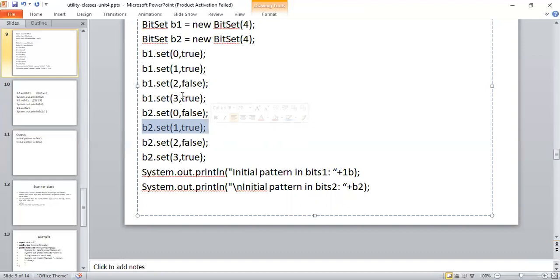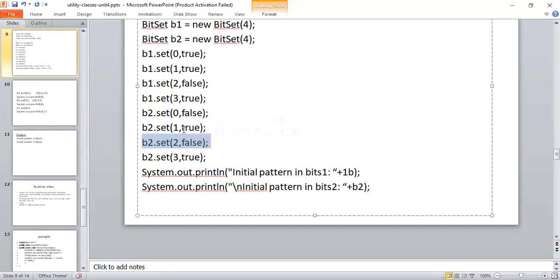And coming to the B1 value, here I have a false, and for 2 I also have a false, so it is also not displayed by the bit set class. And coming to the last number, here I have a true, and here I also have a true, so this value is also not displayed by the bit set. So finally it displays only the 0.